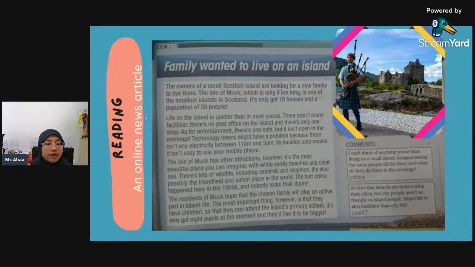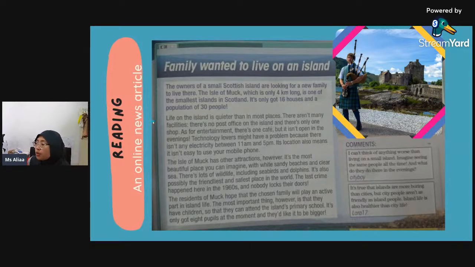So the island is very small, about 4 kilometers long. Mana yang panjang pulau ni cuma 4 kilometers sahaja. And it only has 16 houses, 16 rumah, and a population of 30 people. Maknanya dalam sebuah pulau tu, populasi dia 30 orang je.